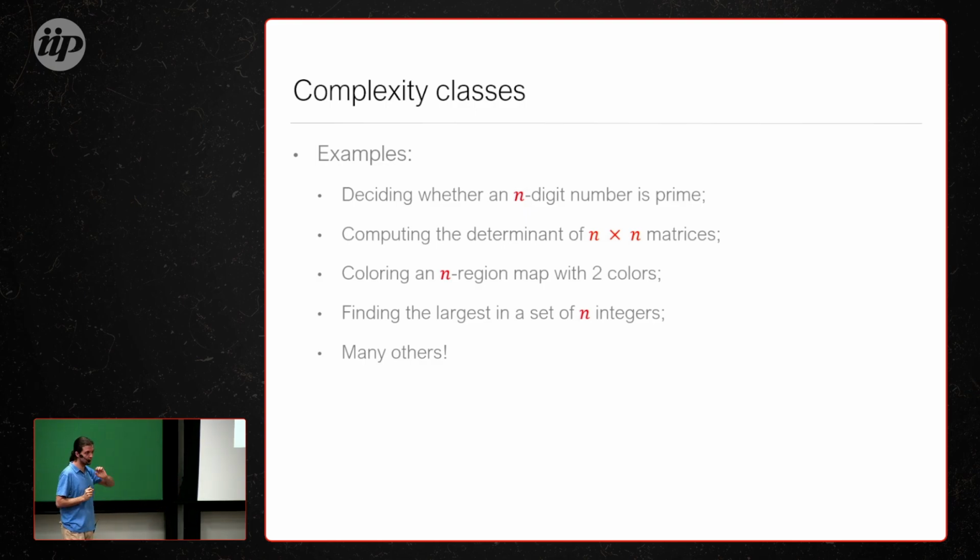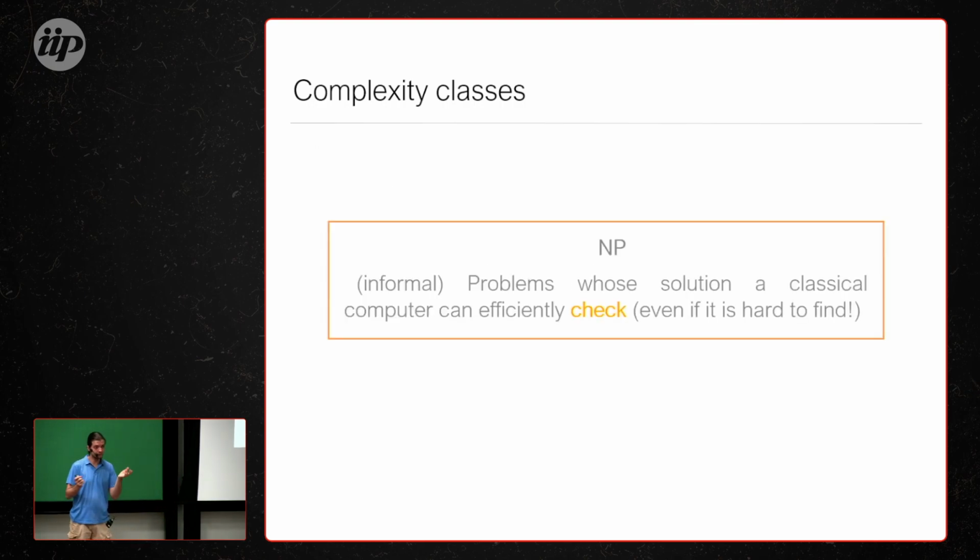And these are the ones that classical computers are perfectly good for. But one class doesn't do a lot of classification, so let's look at the next one. This is a pretty famous one, called NP. The name does not matter. It comes from historical reasons that are super obscure and opaque. Basically, it's the class of problems where, if you have a solution, you can check that the solution is correct, regardless of whether the solution is easy to find. It might be a very hard problem to solve, but if I give you the solution, you can check that the solution is right. That's what defines the class NP.